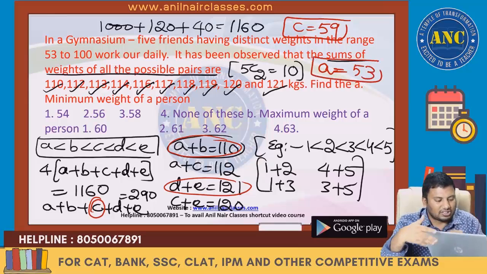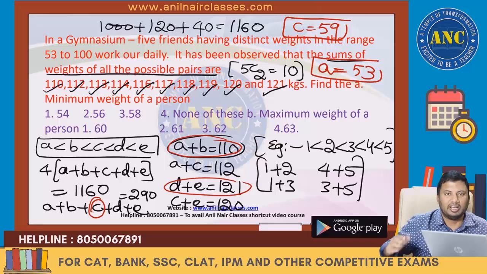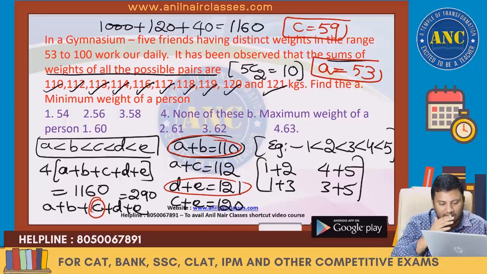Kindly ask me a doubt in case you got any. Sir, how did you realize that it cannot be 3? It is 2. I will tell you exactly. Why? What is it that I am doing? Now, A plus B is equivalent to 110.